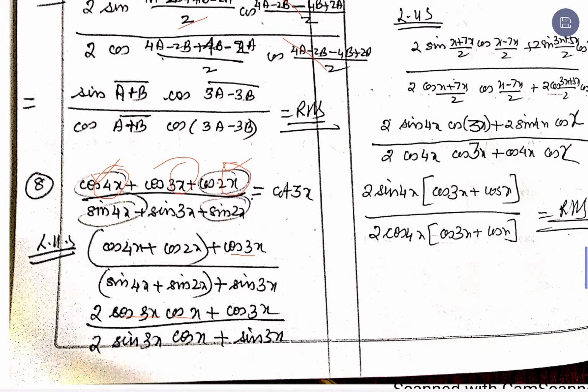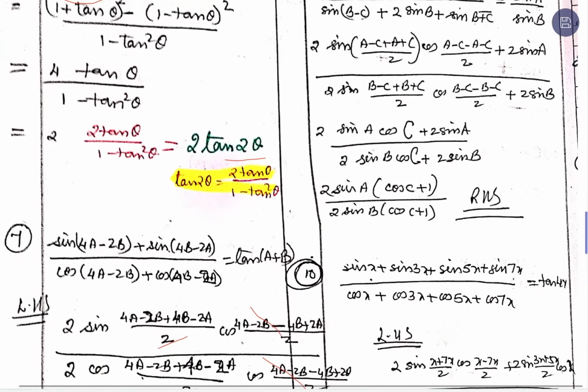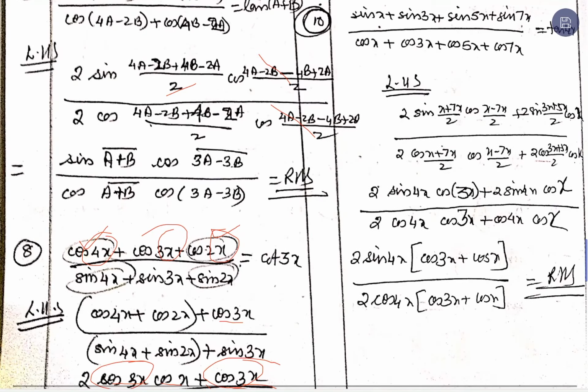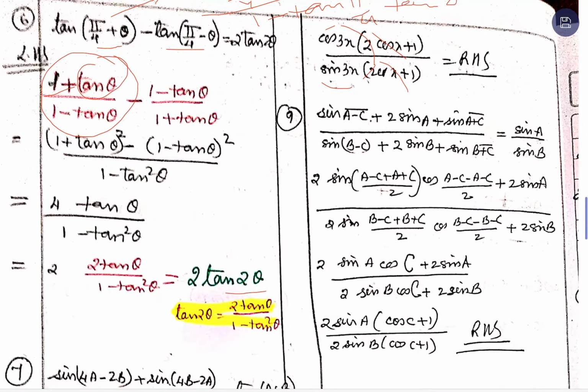This is left cos 3x plus, and similarly the denominator part, a same combination will give us 2 sin 3x cos x and sin 3x is left. So, we find that there is a cos 3x factor which is common in the numerator and sin 3x factor is common in the denominator. So, when this comes out, what is left is the right hand side, that is this gets cancelled, and what will be left is cot of 3x, that's what we have on the right hand side, we get the same quantity. Exactly the same thing will be followed for the next question also.